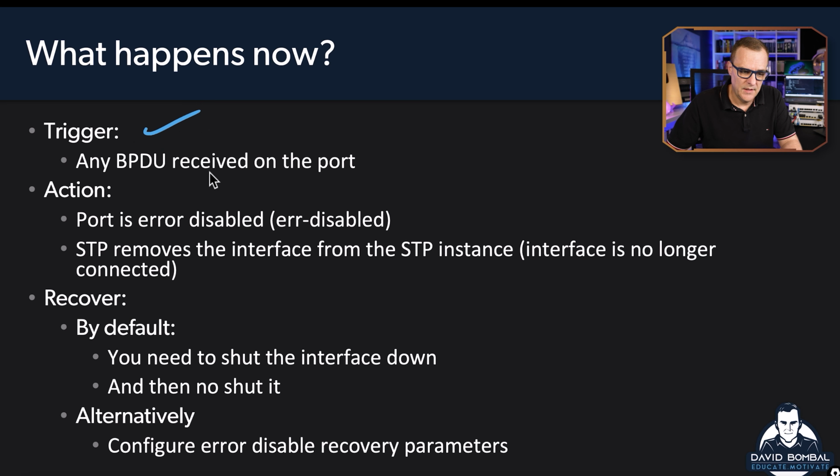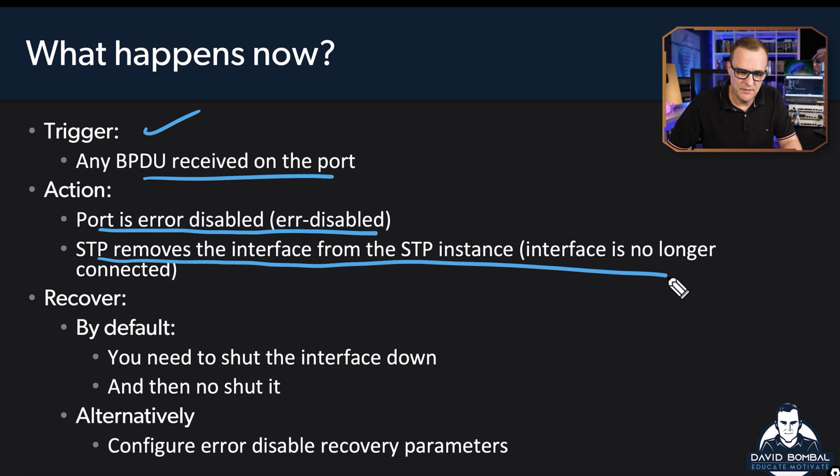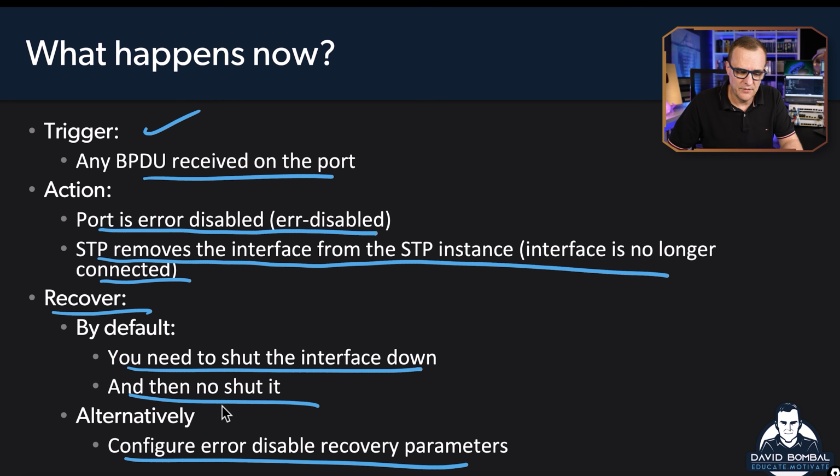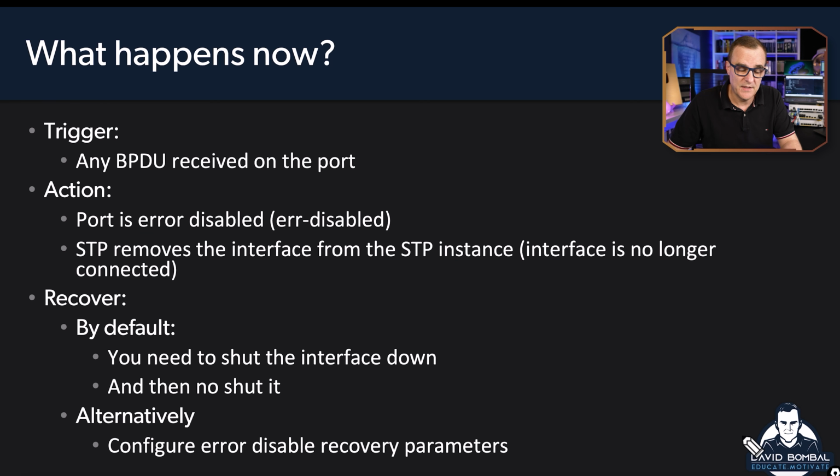What's the trigger? Any BPDU received on that port will cause the port to be error disabled. Spanning tree removes the interface from the spanning tree instance. So the interface is no longer connected to spanning tree. By default, recovery works as follows. You need to shut the interface down and then no shut it. So you have to manually shut it down and then no shut it. Or you can configure error disable recovery parameters, but by default, you have to manually shut and no shut the